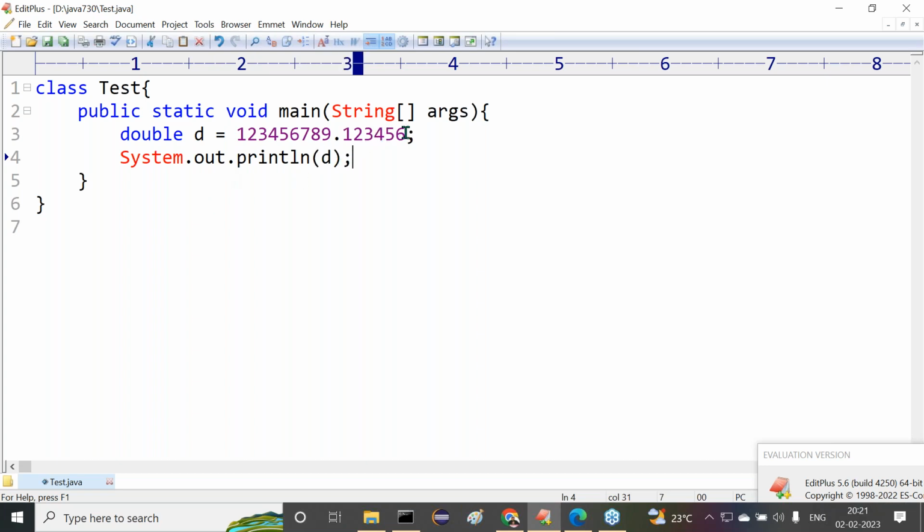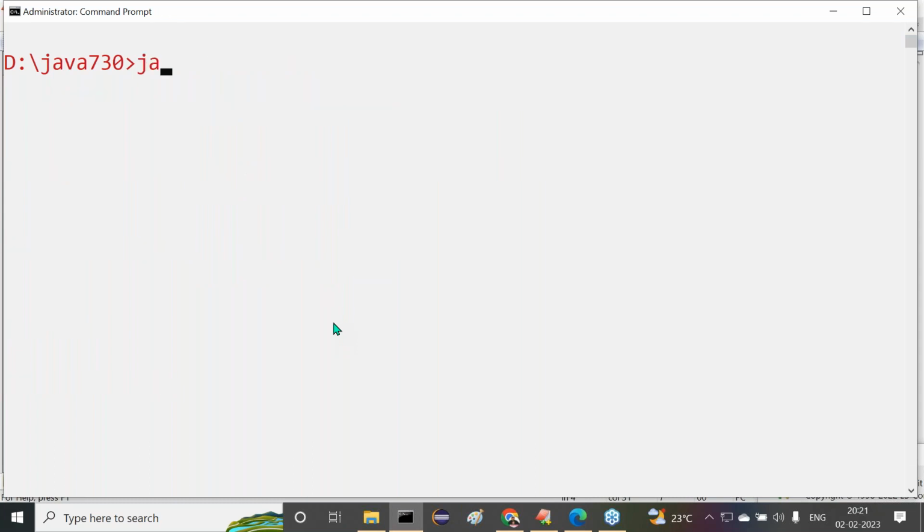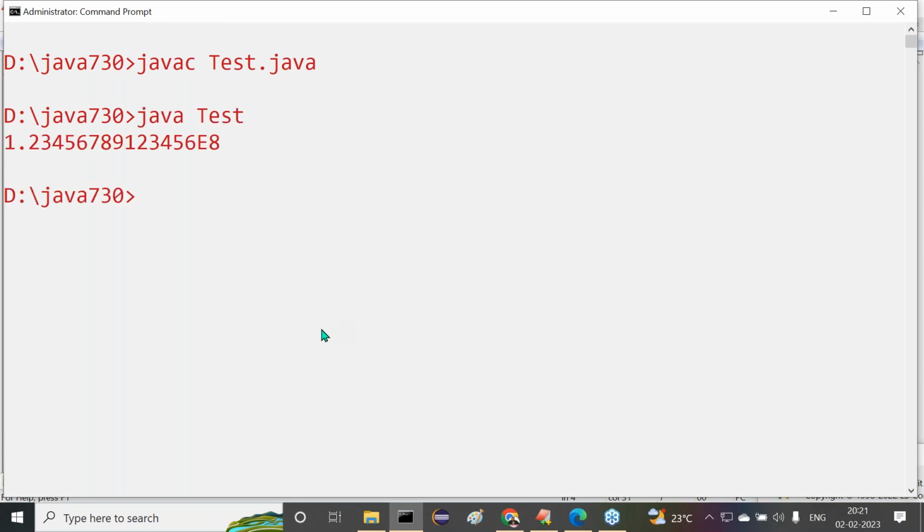Of course, no suffix is required. Either we can provide no suffix or small d or capital D, no problem. But we get the output in exponential form. That much lengthy number we get in exponential form. java Test. Here E exponential form we are getting. Understand my point? Same number, but in this way we are getting it now. Observe carefully. No problem. Leave this one now.